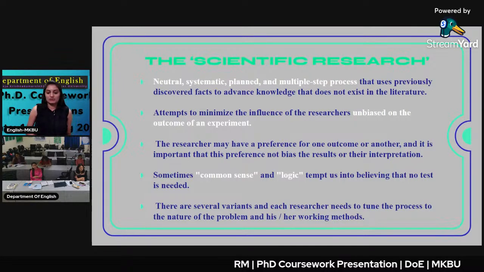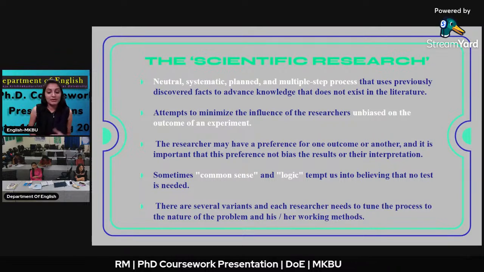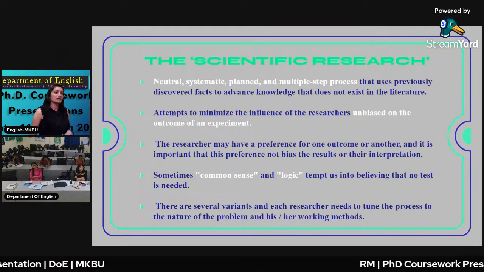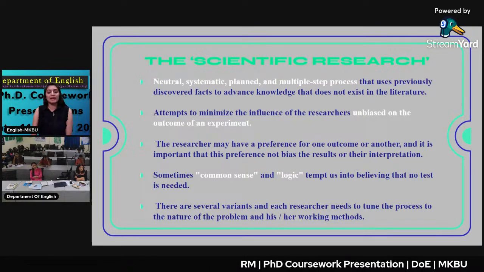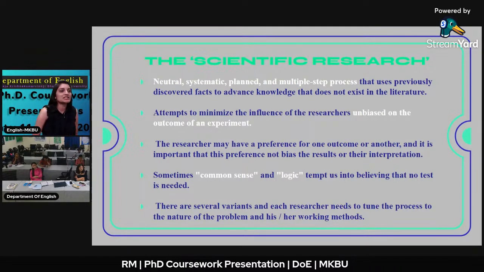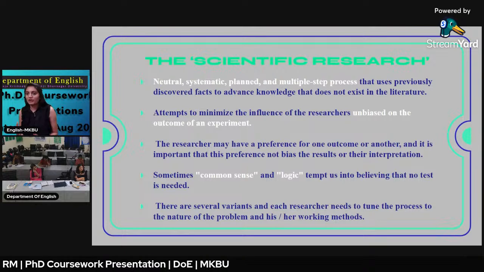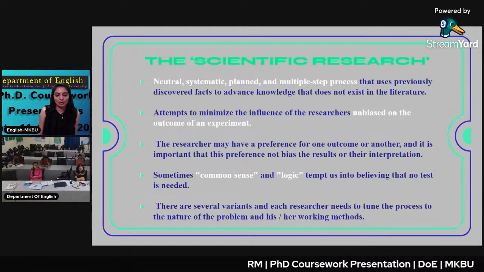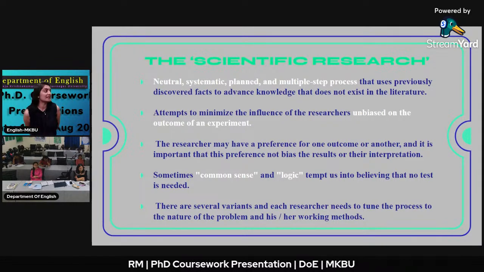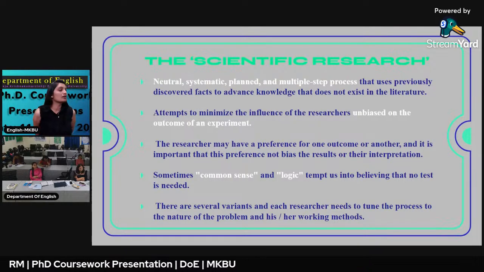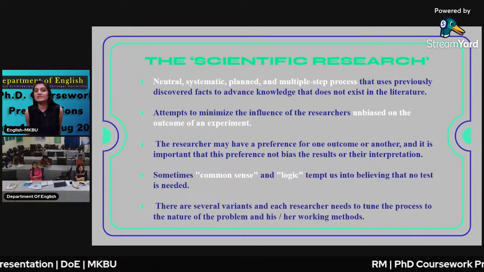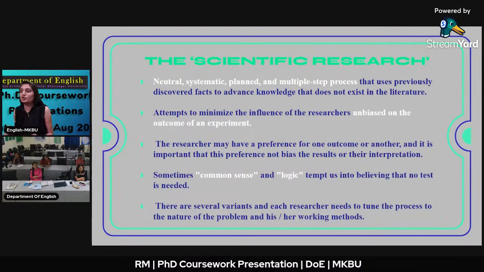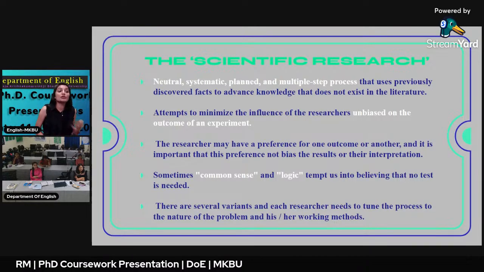How does scientific research minimize the influence of the researcher's bias on the outcome of an experiment? The scientific method of doing research is based on the experiments we do, and the way we get unbiased results is called scientific, and that is how it makes us non-biased research scholars. Scientific research is not based on writing what others have already written, or on someone's opinion. Whatever we have read or been told should not simply be written in our research paper or thesis. No, it is not like that.